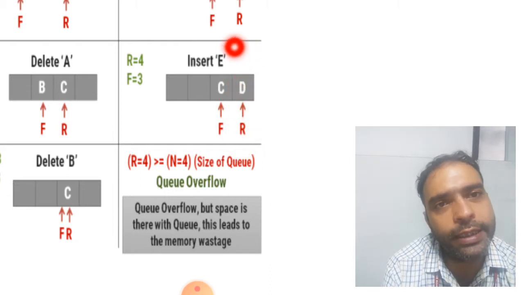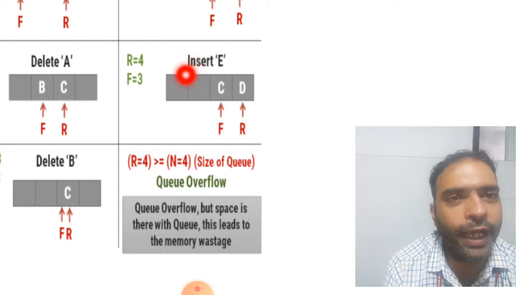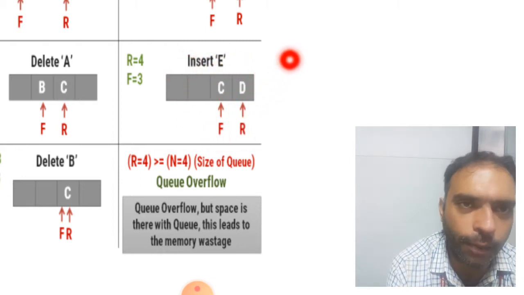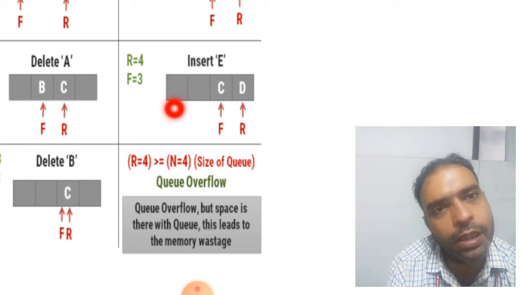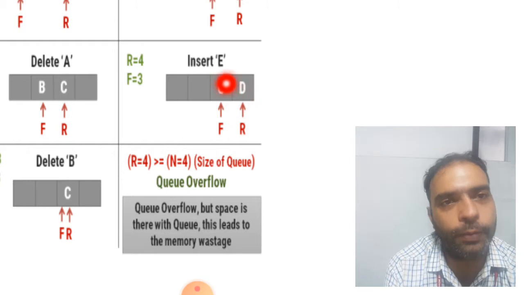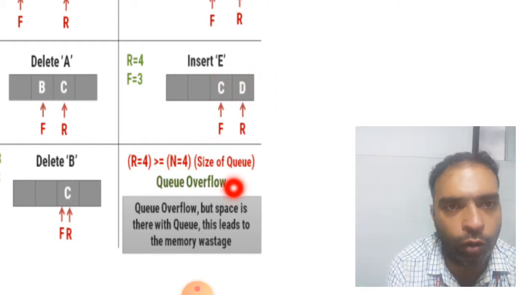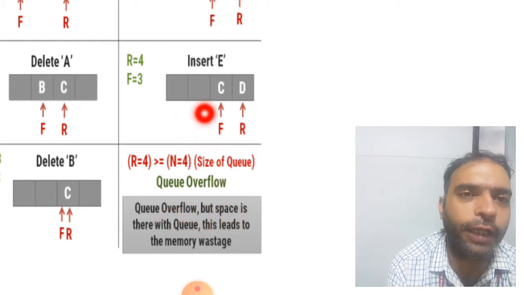अगर कुछ नया भी इंसर्ट करना है तो ये ब्लैंक स्पेस में हम लोग नहीं कर सकते, क्योंकि इसको अगर ब्लैंक स्पेस में इंसर्ट करना होगा तो उससे पहले इन दोनों को डिलीट करना होगा कैसे भी, उसके बाद ही हम लोग 0 0 से स्टार्ट करके 1 1 से स्टार्ट कर सकते हैं. तो तब तक अगर कोई वैल्यू लास्ट में फिलअप की हुई है, so it will show the queue is overflow. So but case is there, so this leads to the memory wastage, we can say.